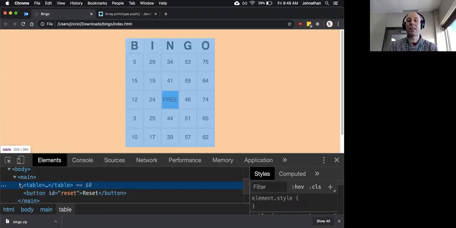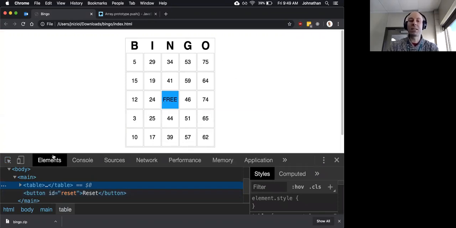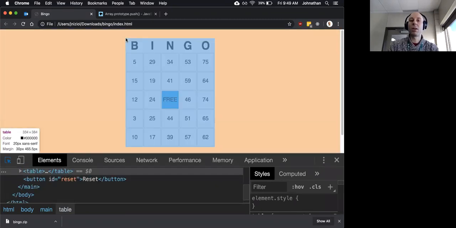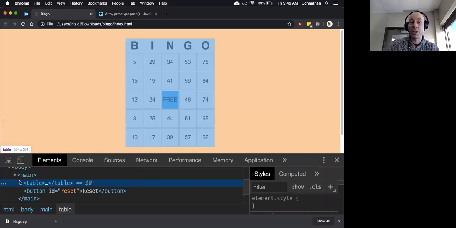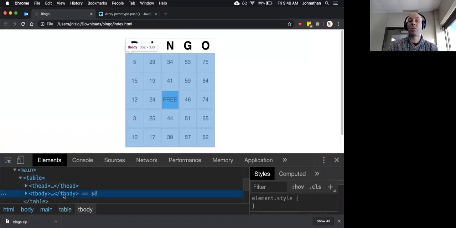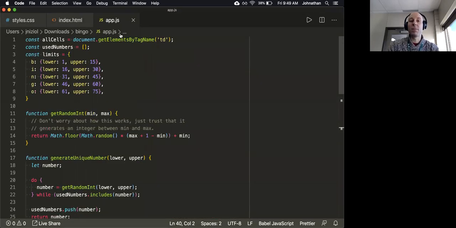Okay, we should delegate this because there's many TDs. Let's not add it to all the TDs. Let's just put it on the body. Not on the body, on the table, or maybe even better, we don't need the head. Maybe just the table body, maybe just T body. Okay. So let's go get T body,